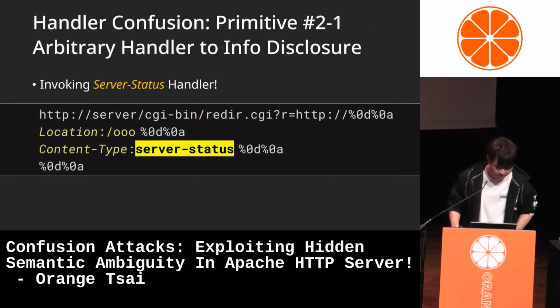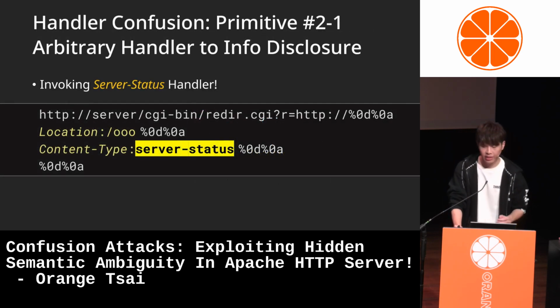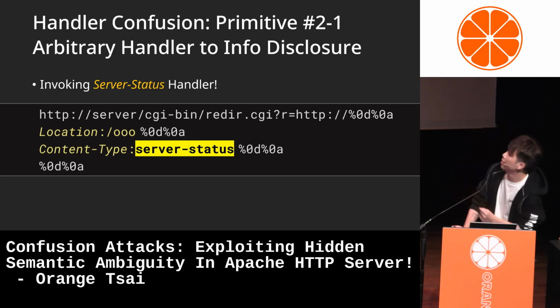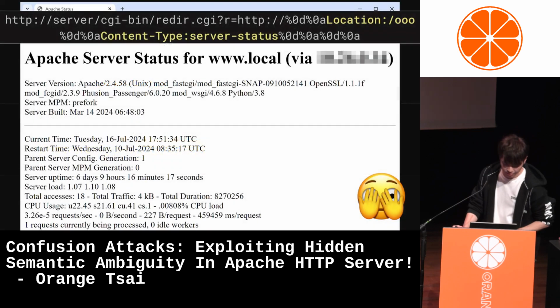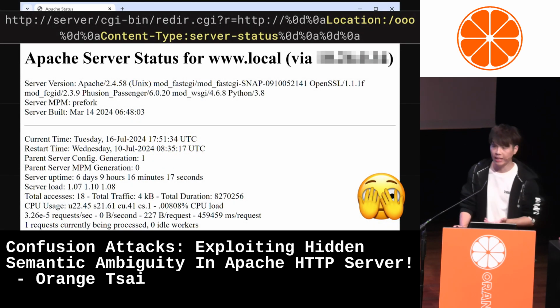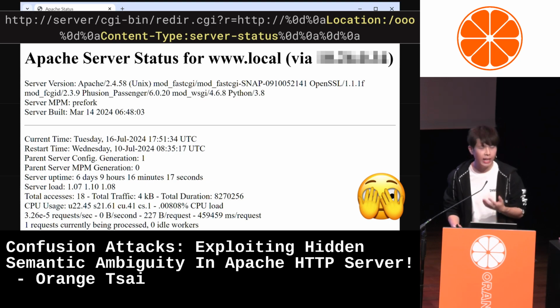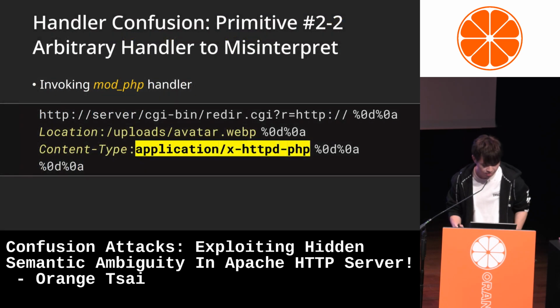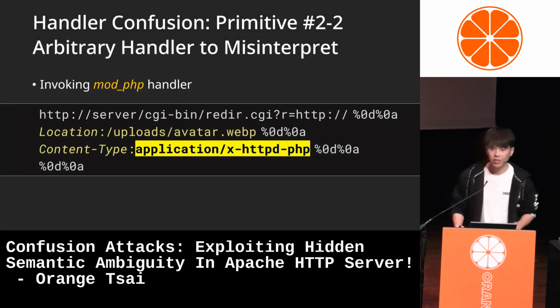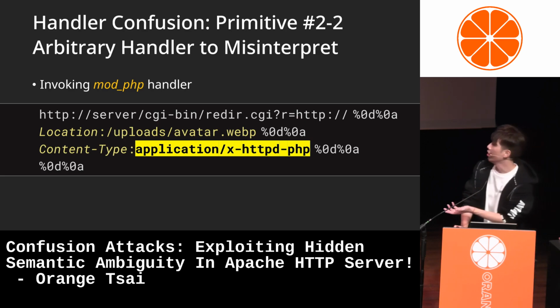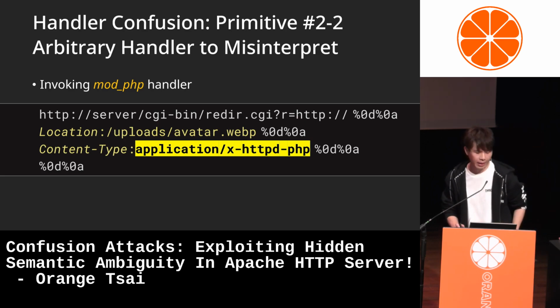However, if you override the content type with a name called server-status, then you can leak sensitive information that should only be accessible from the localhost. You can also easily transform an image into your PHP backdoor by setting the content type to PHP.